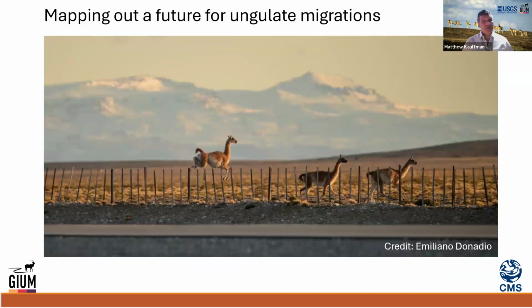And so one of the findings that emerges by putting this first batch of migrations together is that many of these migrations are threatened by a variety of factors, but linear infrastructure, the things that we build on the landscape, is one of the most important. And so it is our hope that countries, conservation NGOs, development banks, and many other stakeholders will use these maps to better plan for conservation development, to sustain these migrations as these landscapes are changing.